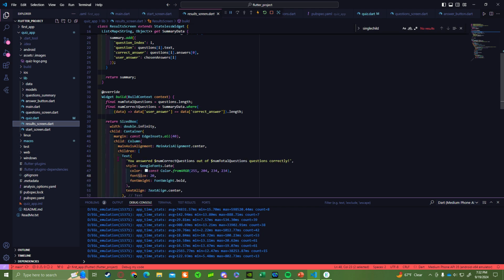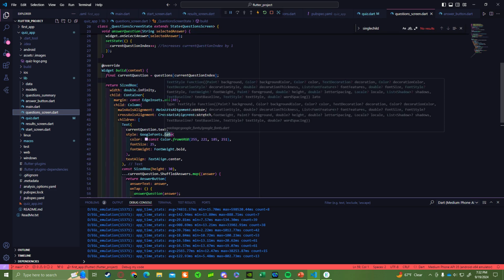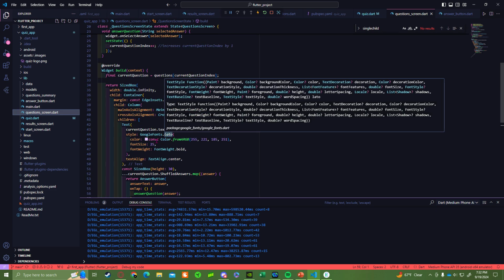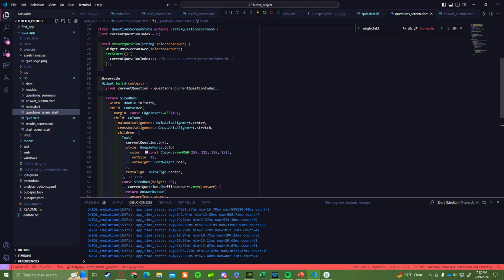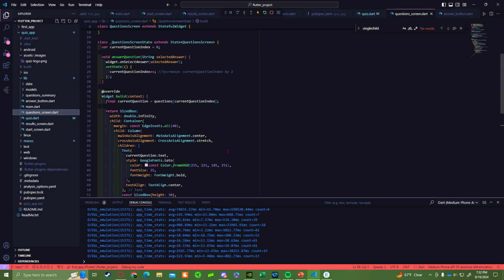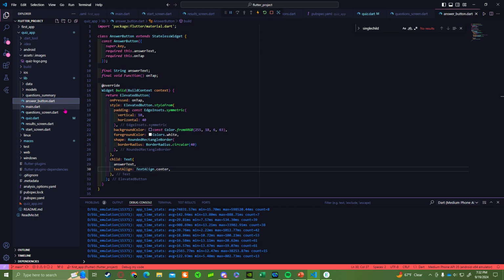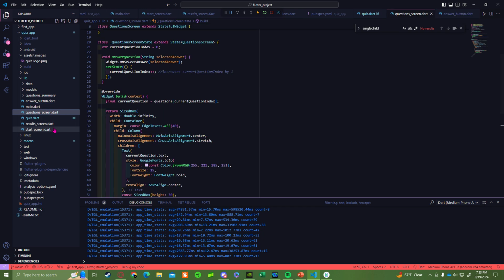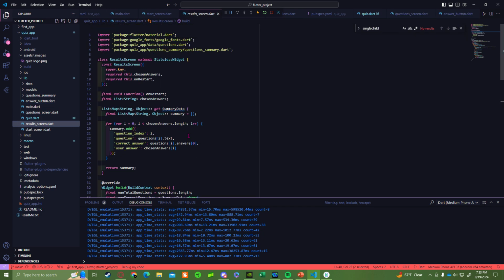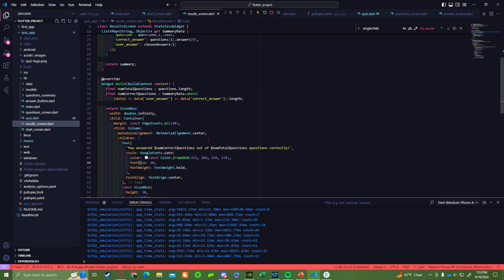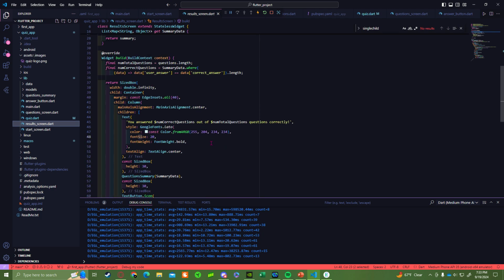I have it in here, but was it question screen? Well, we have an equals equals function somewhere, which makes it so that we won't go over a certain amount,